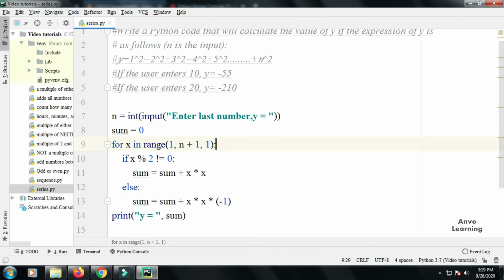What does this condition mean? This condition means that the range will start from 1 and then it will go until the n term. N plus 1 means it will go until the n term, and the difference between the numbers or two digits will be 1. After that, I have given an if condition, that is if x mod 2 not equal to